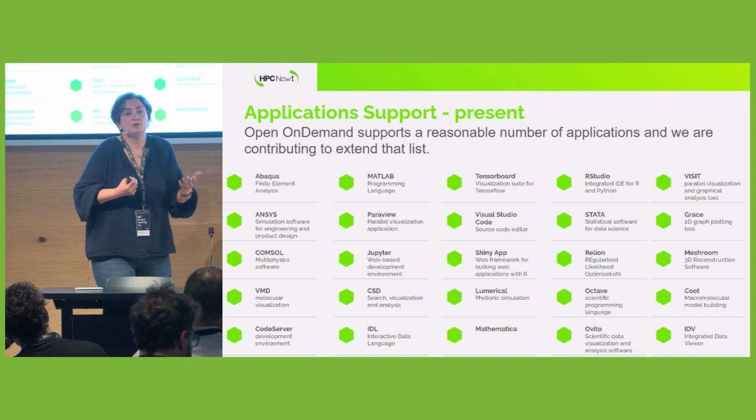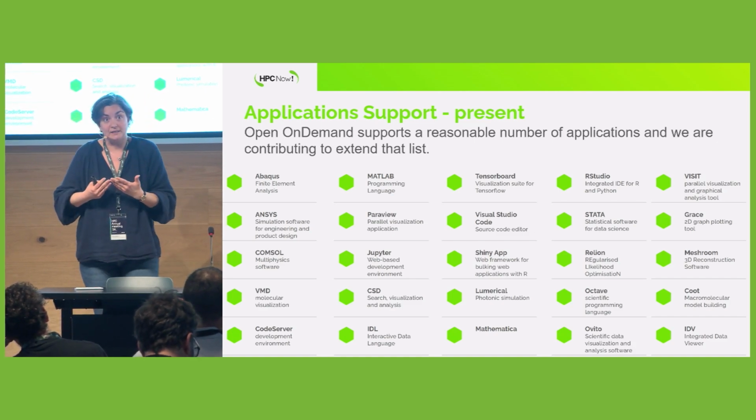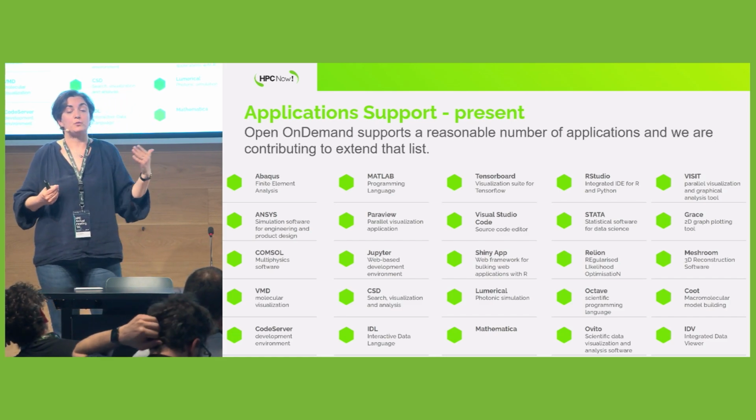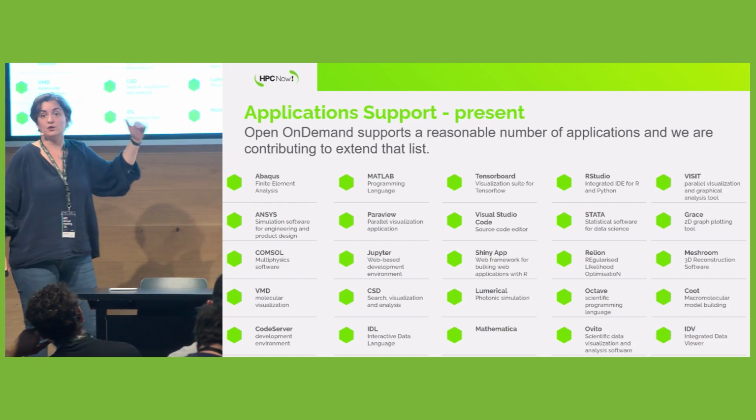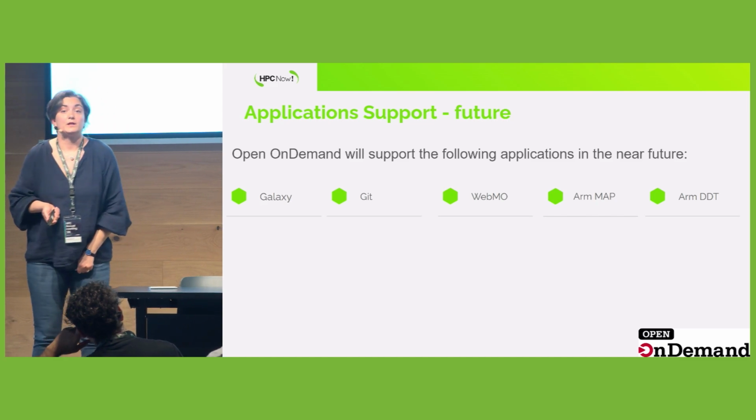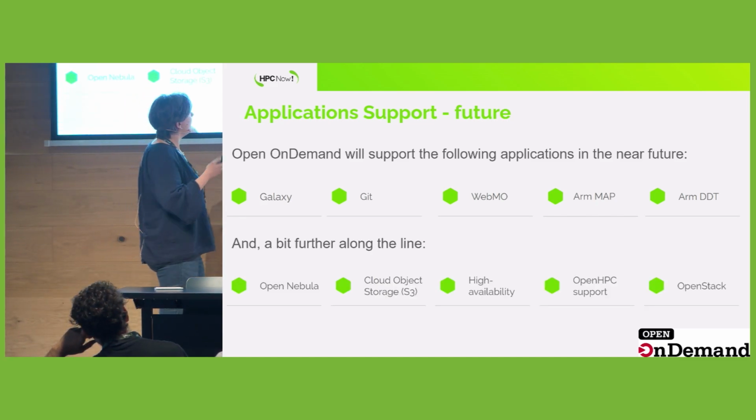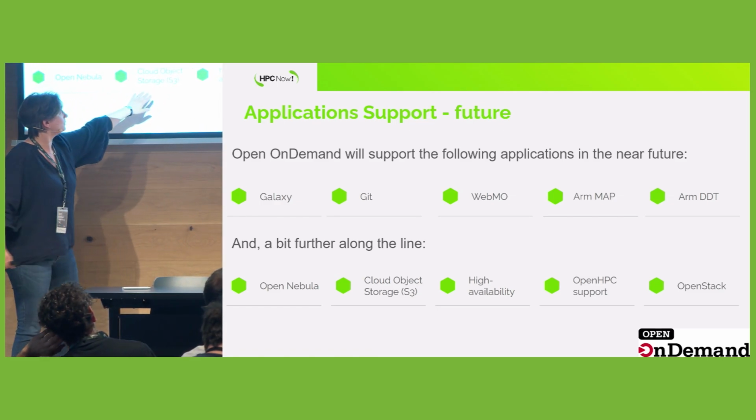Because if you need a GPU, of course, you have to tell Open OnDemand that you want the user to be able to select whether or not to request a GPU. But then, it's already there. You don't have to reinvent the wheel. And more will come. For example, WebMO, Git, and a bit far away in the future, OpenStack, and also Cloud